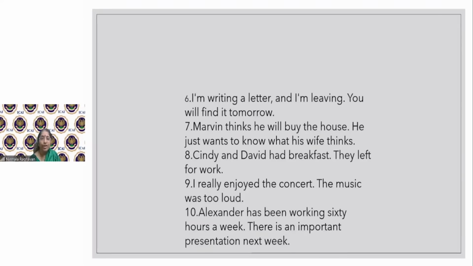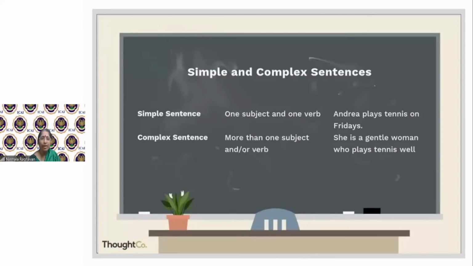Okay, change this. I'm writing you this. Okay, I'll move this. Now, what's the difference between simple and complex? We move on to this. Simple and complex. One subject, one verb, simple sentence. Andrea plays tennis on Fridays. Complex sentence, more than one subject and or verb. She is a gentlewoman who plays tennis well. If you see the relative clauses there, who, which, where, that's